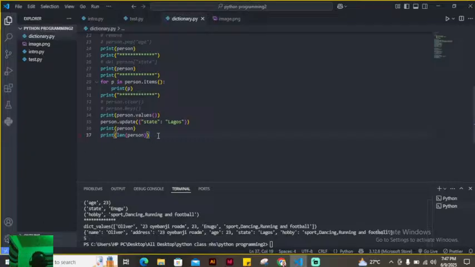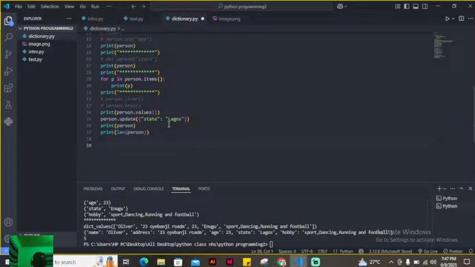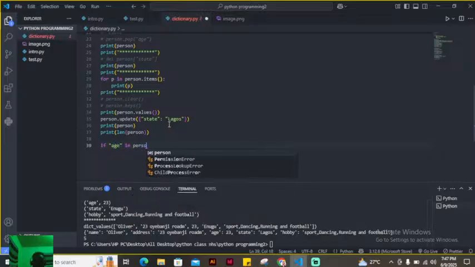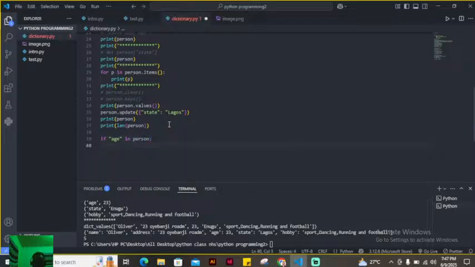Let's say I want to check if age exists. I can just say if age in person. Person is the name of my dictionary. If this is in person, let's say print